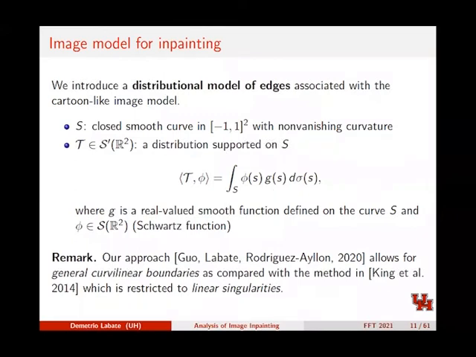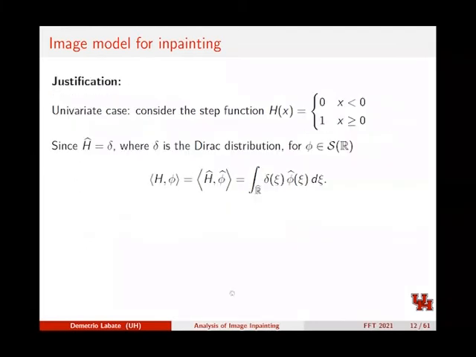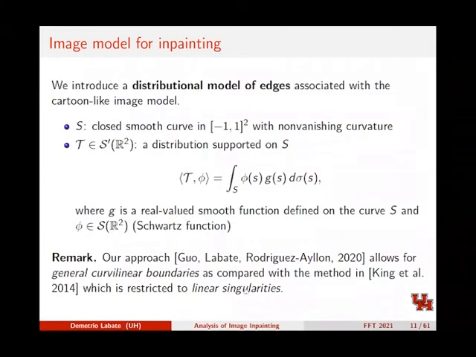Let me remark that the type of formulation that I'm adopting here, which is the one that appeared in the paper with my co-authors, Guo and Rodriguez-Ayon, assumes, in fact, that we have a curvilinear boundary. This is actually an extension of the original method that was proposed in the paper by King and co-authors, where in fact they only look at linear singularities. Now, why is this actually an appropriate model? Let me give you a brief